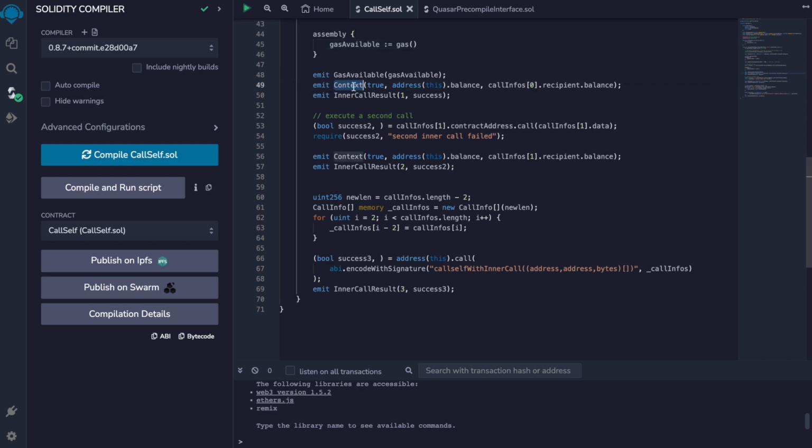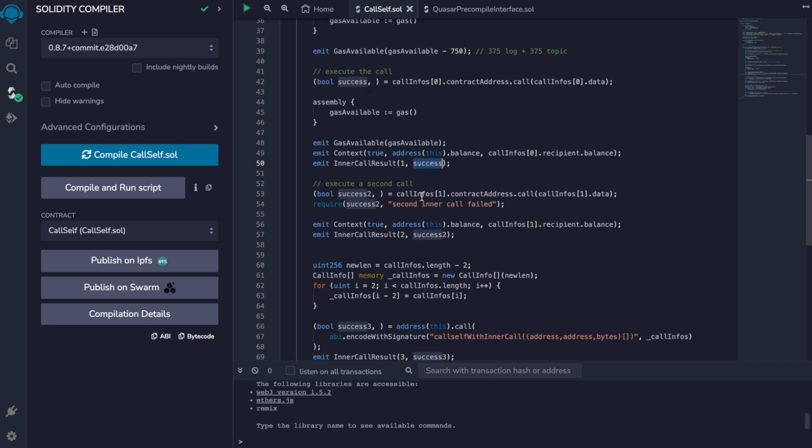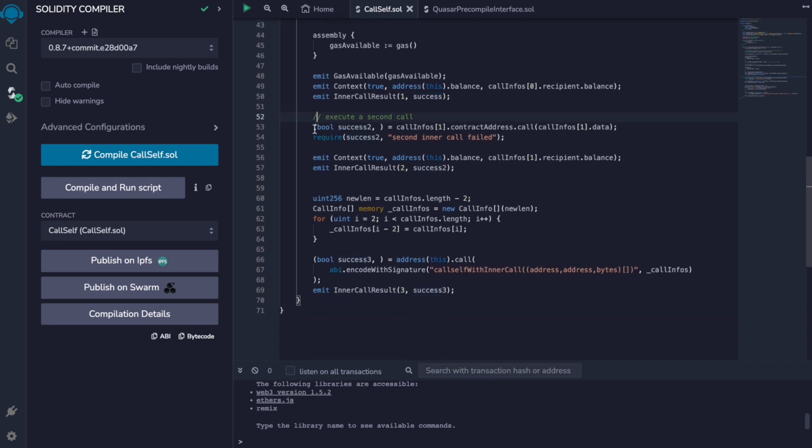Also, again, log the balances of the contract and of the recipient after that call, log if the call was successful or not, and then the same thing for the second call, only that if the second call fails, we will revert this entire call, which will be caught here if it's an internal nested call.